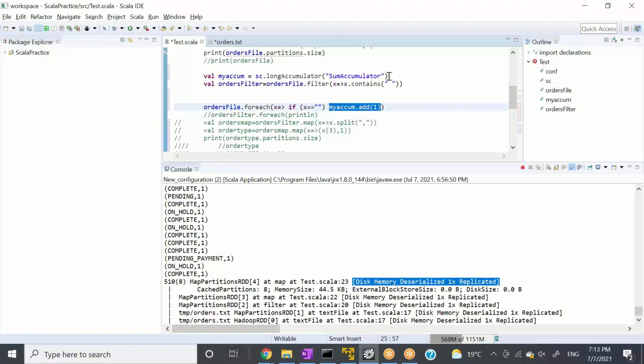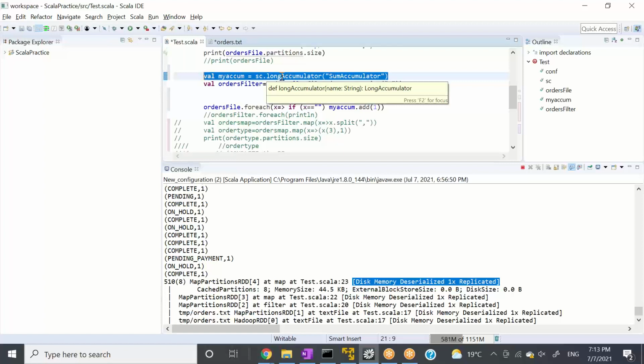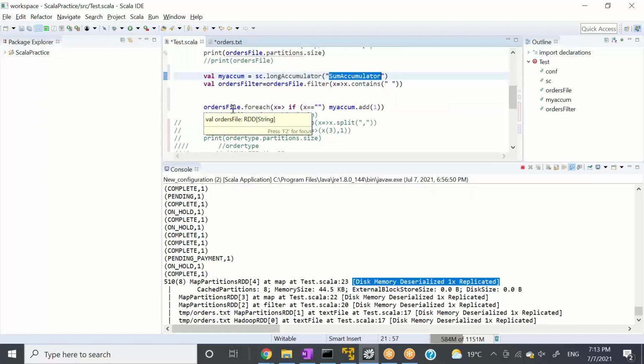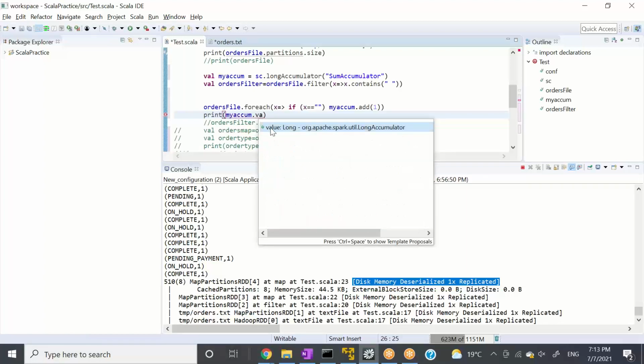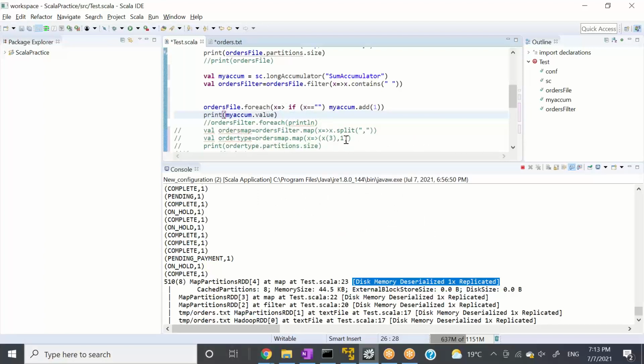First I created the accumulator, a long accumulator. You can create an int accumulator or anything, and you pass a name to it. Then you are telling it that whenever you see a space or blank line, just add 1 to that value. And let's print myAccum dot value. Okay, let's run it.